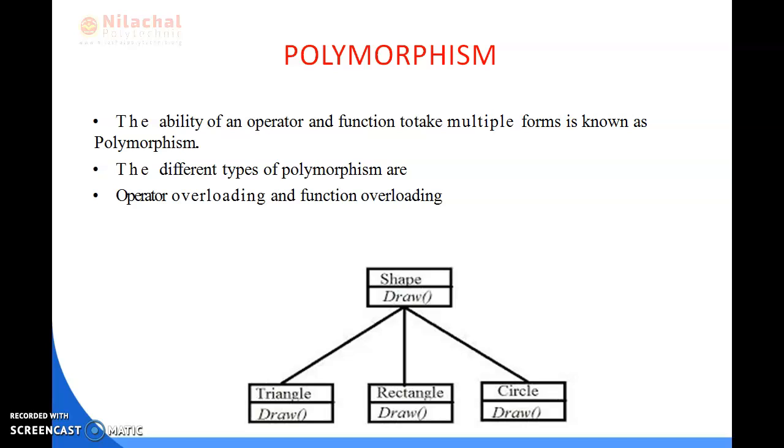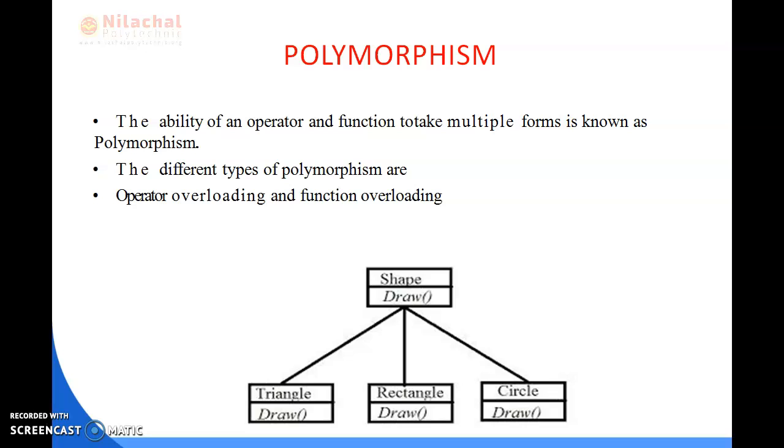In compile time polymorphism, the compiler is able to select the appropriate function for a particular call at compile time. In OOPS, it is possible to use one function name for different purposes. This type of polymorphism is called function overloading, as we have discussed in our previous slide. And in runtime polymorphism, the compiler selects the appropriate function to call while the program is running or executing.